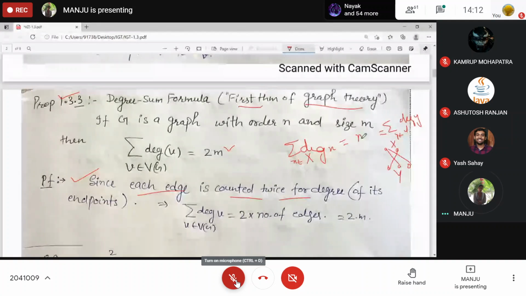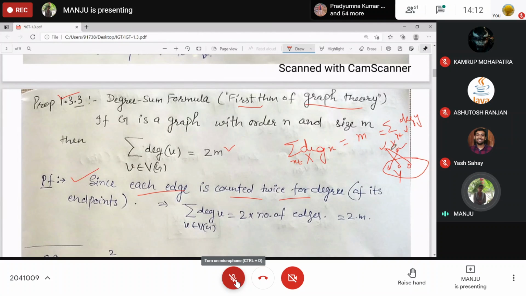Clear? And why is it so? Here we have edges only incident from the vertices on the other side, right? And if we count all the degrees, that is counting all the edges, as we don't have adjacency among the vertices of this set.